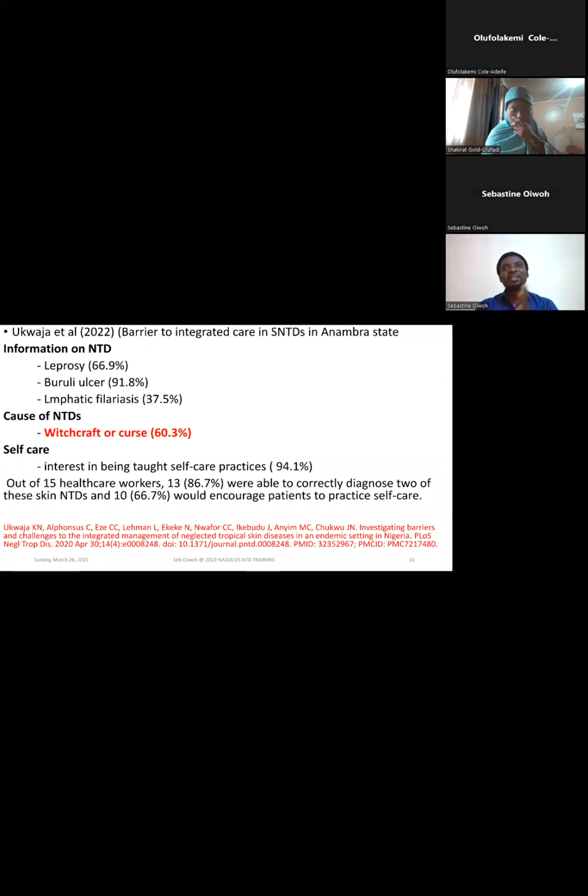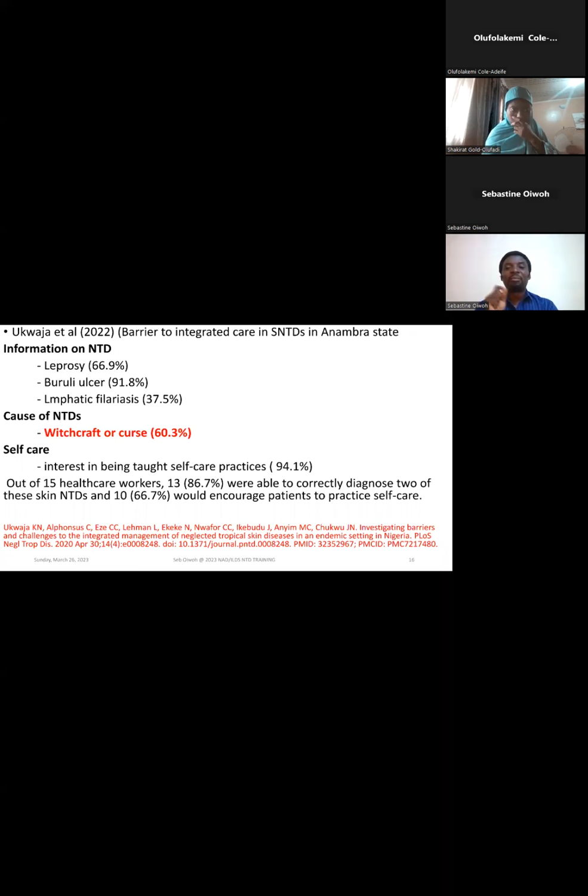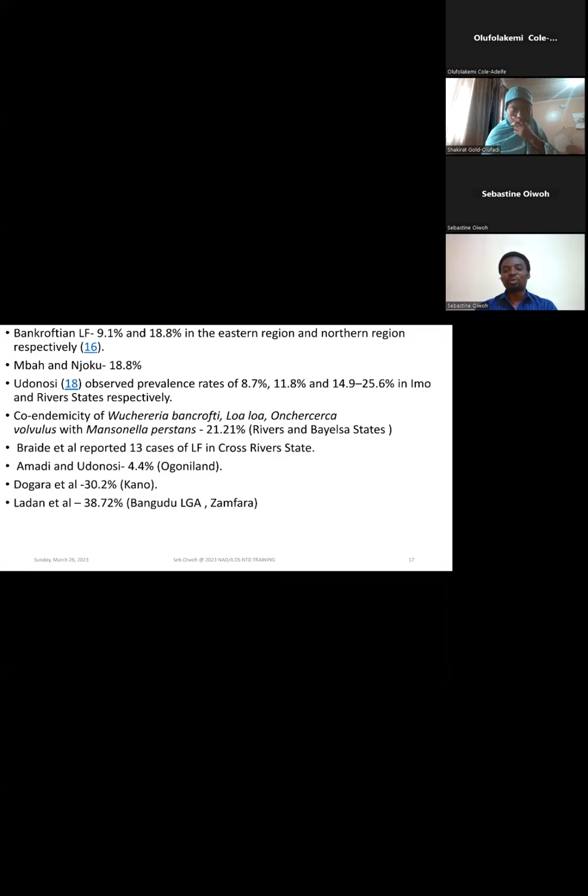Of course, Ukwaja, the interesting thing about this Ukwaja work, apart from the fact that it showed that a third of the population had lymphatic filariasis, apologies for the typo, is that about two-thirds of them believe that witchcraft and similar causes are associated with this. So it's important for us to have an understanding of this disease